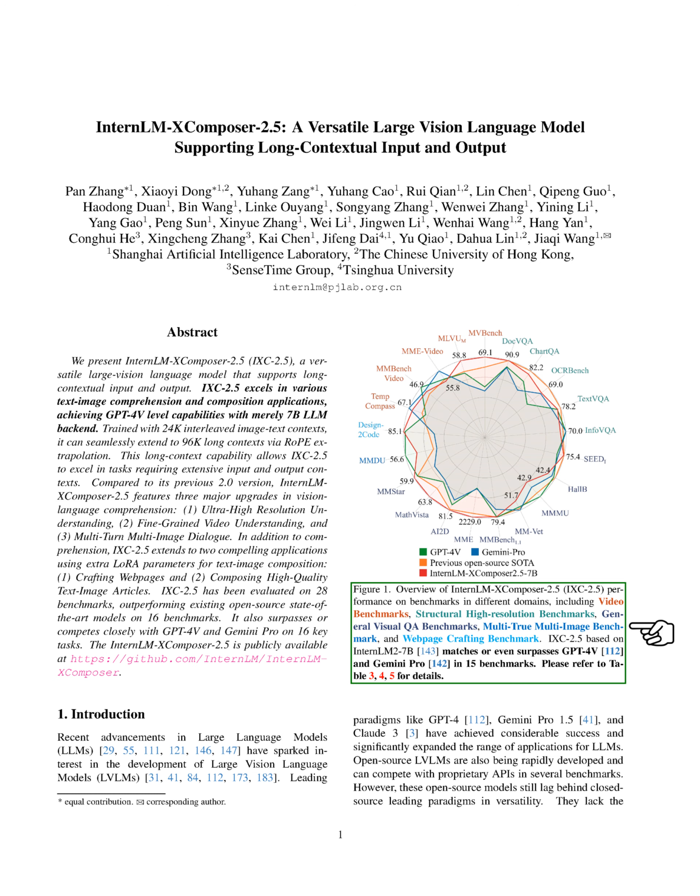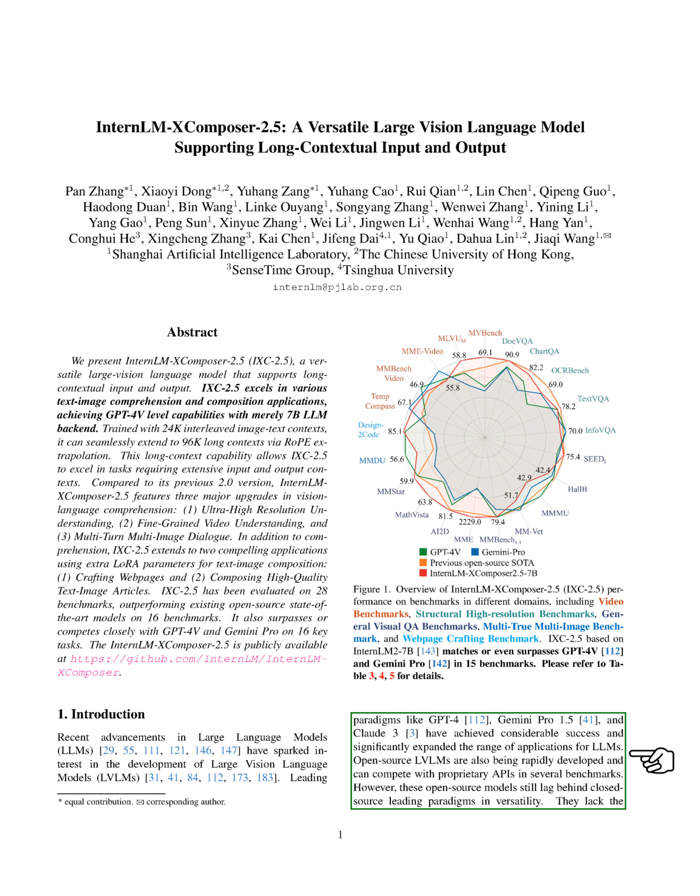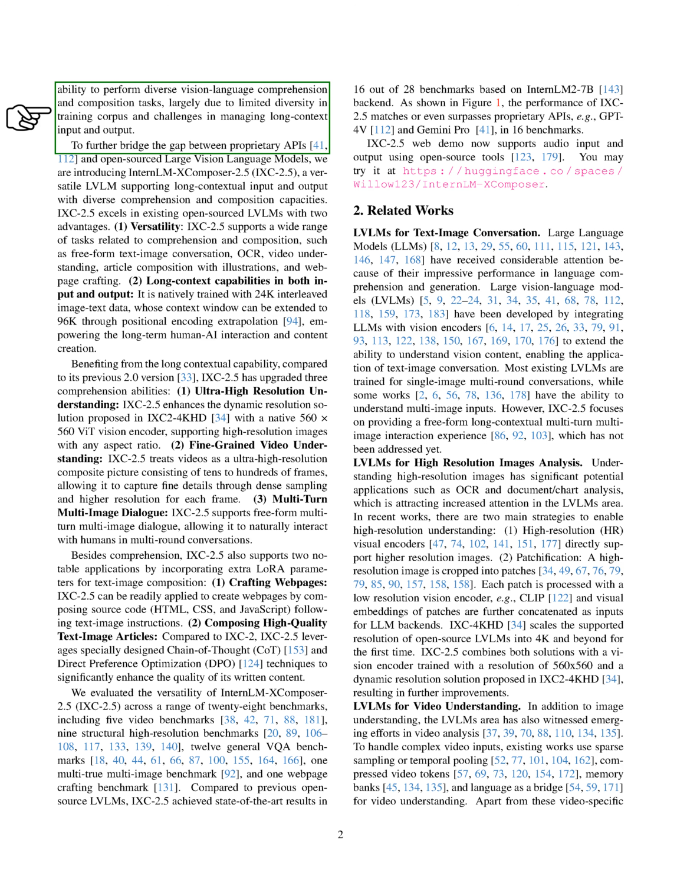Recent progress in large language models, LLMs, has led to the development of large vision language models, LVLMs. Leading models like GPT-4, Gemini Pro 1.5, and Claude 3 have expanded the applications of LLMs significantly. Open-source LVLMs are also being developed rapidly and can compete with proprietary APIs in several benchmarks. However, these open-source models still lack the versatility of closed-source leading models. They struggle with diverse vision language tasks due to limited training data diversity and challenges in handling long context input